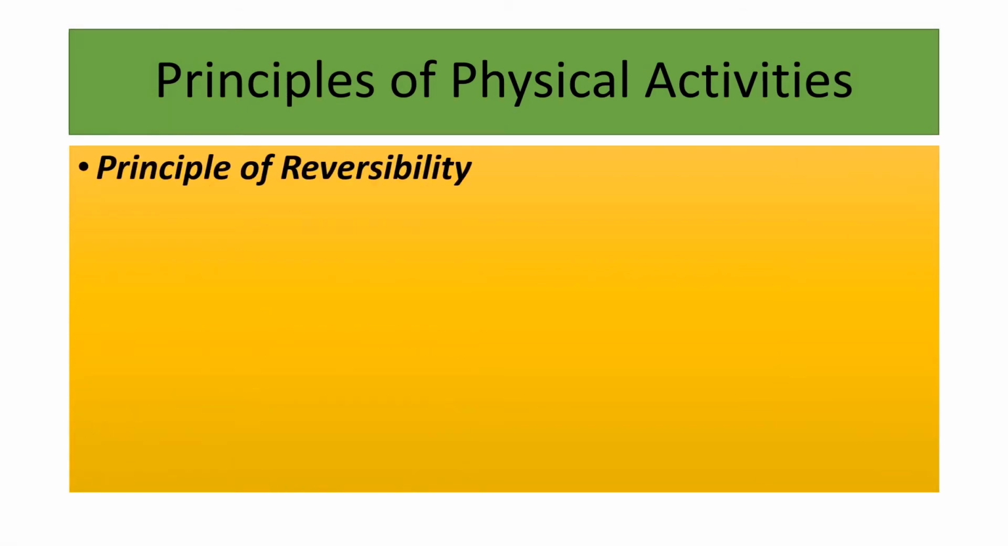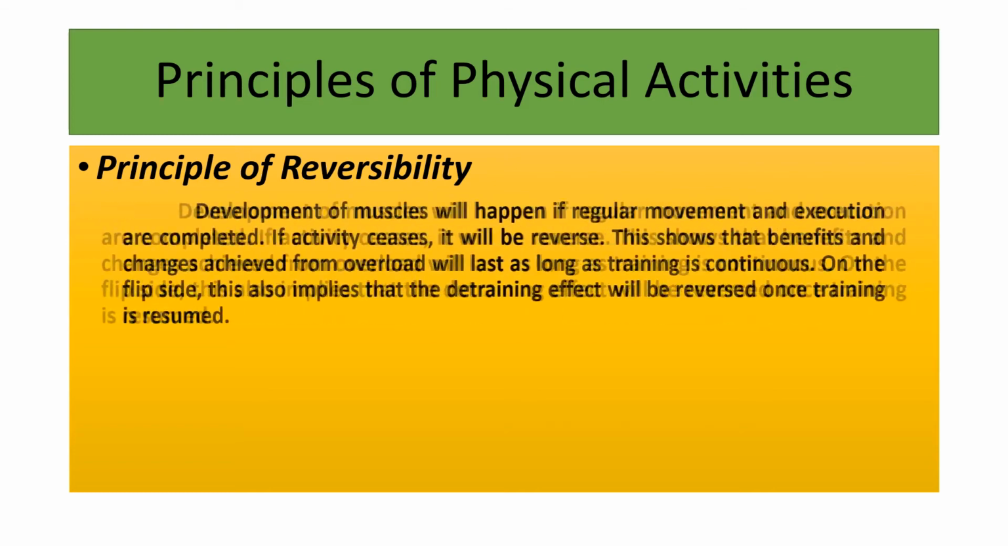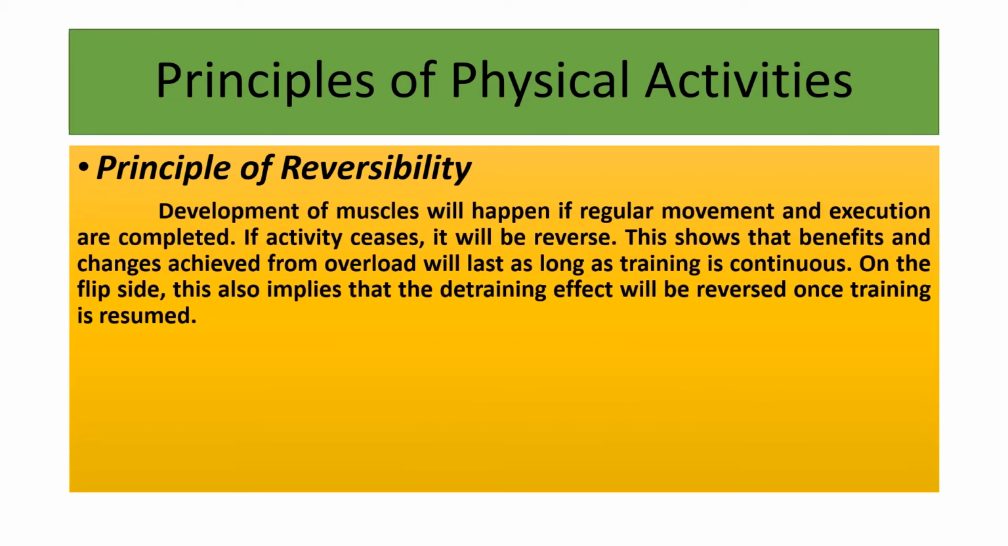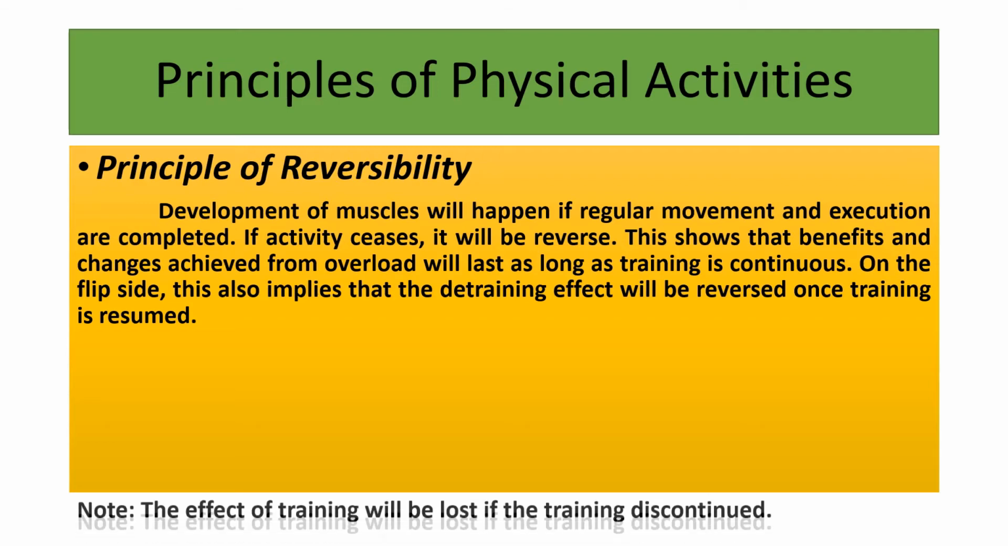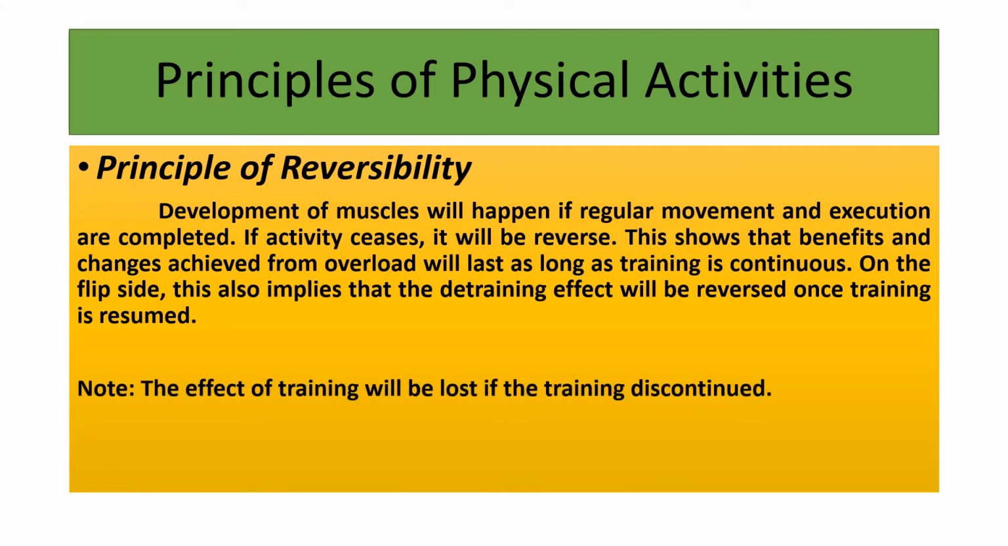Principle of reversibility. Development of muscles will happen when regular movement and execution are completed. If activity ceases, it will be reversed. This shows that benefits and changes achieved from overload will last as long as training is continuous. On the flip side, this also implies that the training effect will be reversed once training is discontinued. Note, the effect of training will be lost if the training is discontinued. For example,